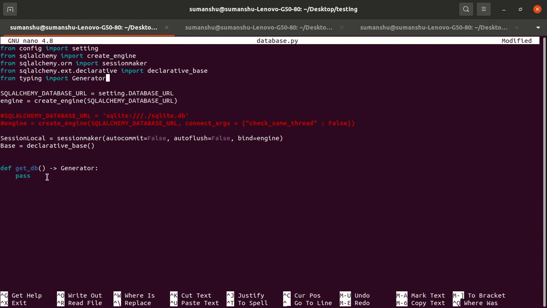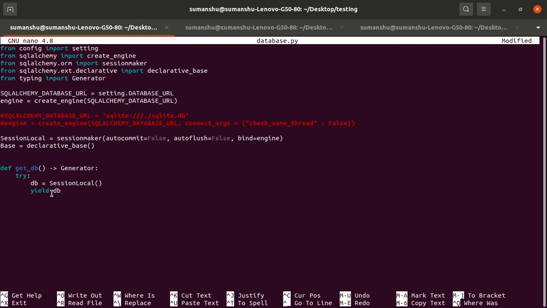Basically we are telling what type it will return, a generator. Even if you don't tell it, it will not fail, right? After that we will create a db object from the session class, and we will return this db object. So this is basically a generator.